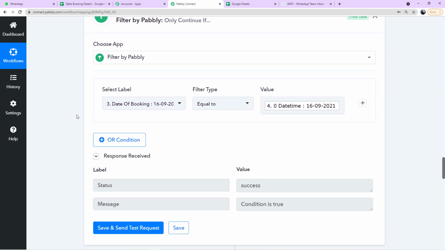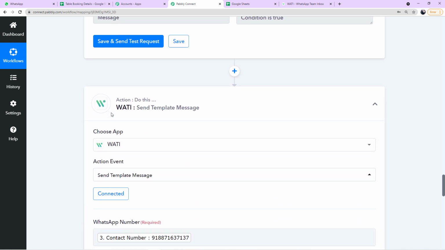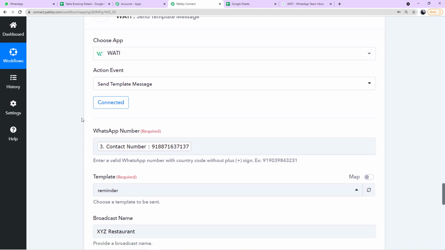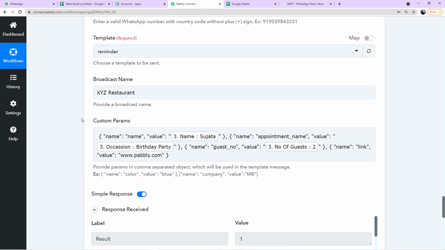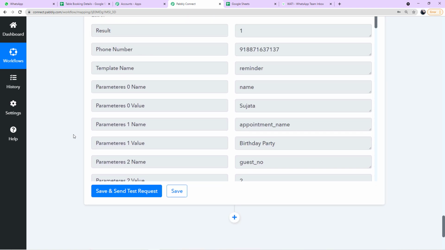After this, we applied the filter to make sure that the current date will equal the booking date. We will deliver the message when the condition matches true. Then we connected our Vati account to send the template messages on WhatsApp like this. Then we mapped the custom parameters, and when I click on save and send, we have received the message.